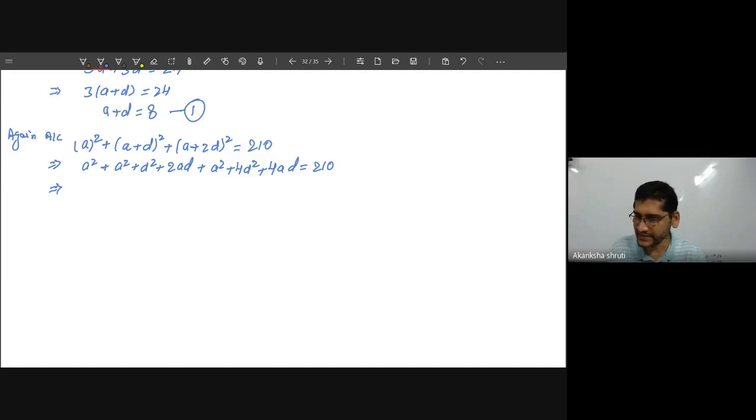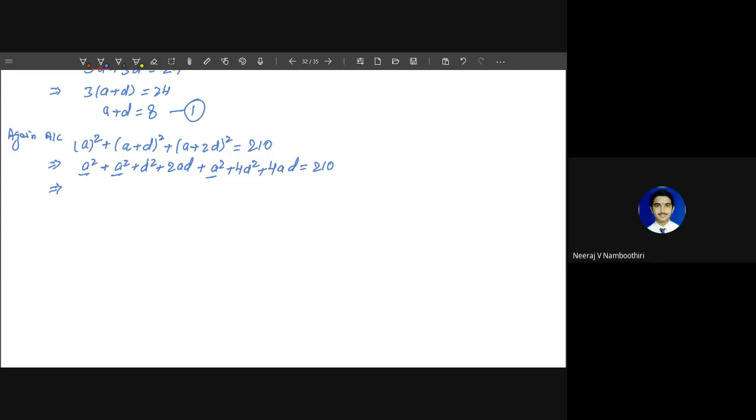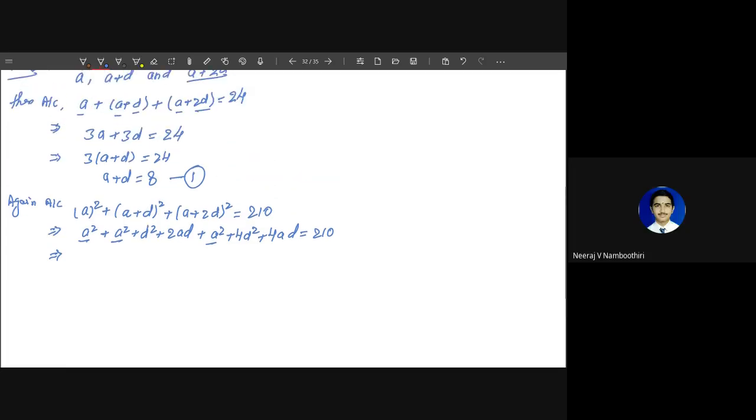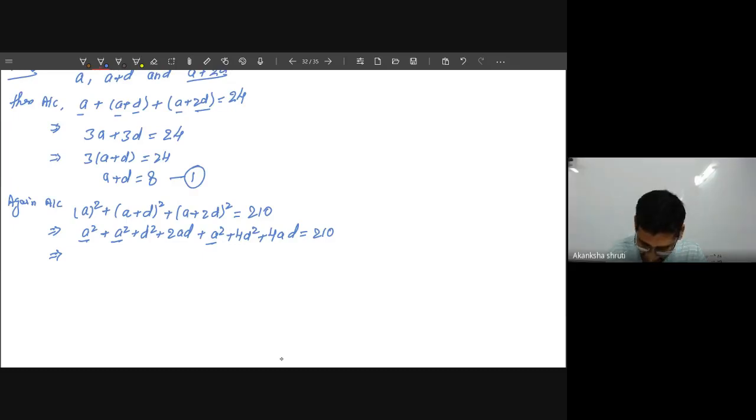Another thing here we will see, we have to apply the concept of linear equation as well as the quadratic equation. See, a square, a square, a square. Yes Neeraj, tell me. Sir, a plus d equals 8, so can we put this 8 here? Yes, we will put it below now. Obviously we have to put that in place of a plus d. I can put it. So rather than carrying d smartly, you can directly use this a plus d as 8.